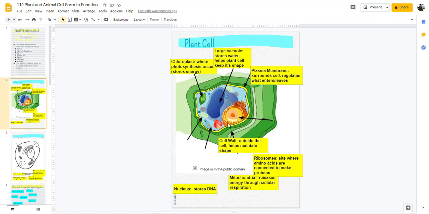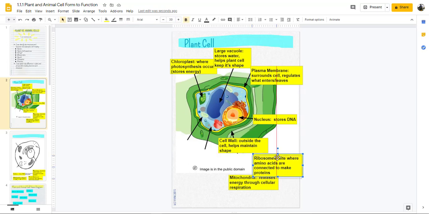Okay. Next we have a circular structure with a darker center called the nucleolus, and that is the nucleus. So the nucleus is where you find the DNA in a cell. DNA is way too important to be left outside in the cytoplasm with the rest of the organelles. So it has a membrane around it, called the nuclear envelope. And the nucleus works